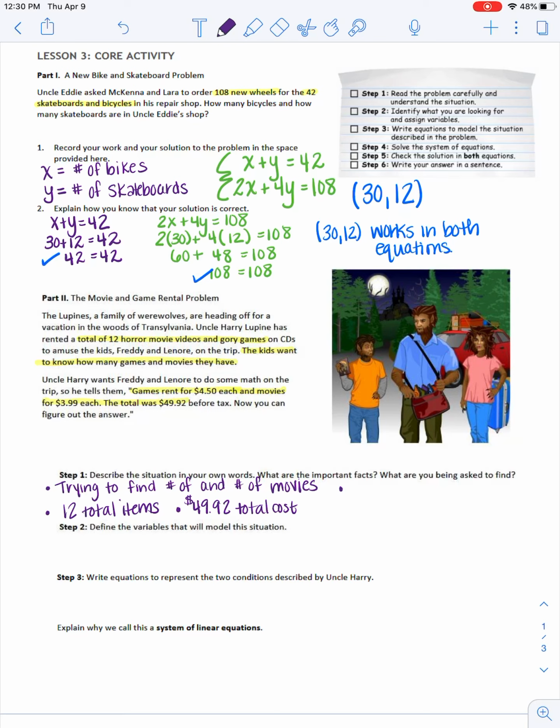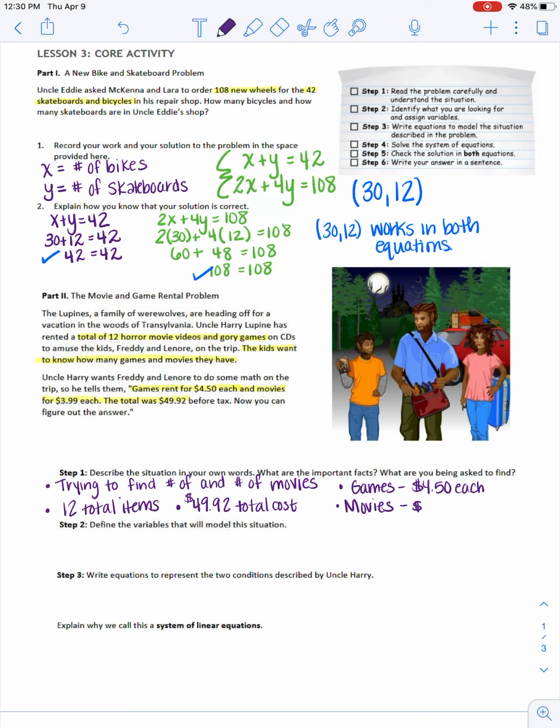And we know that the games are $4.50 each. And movies are $3.99 each. Okay, so we know quite a bit of information here, and we are just going to go through these steps